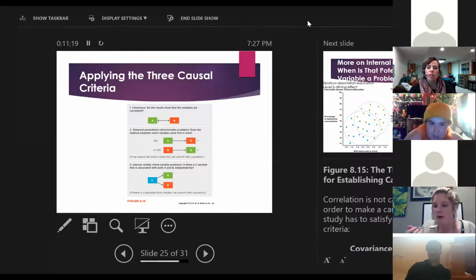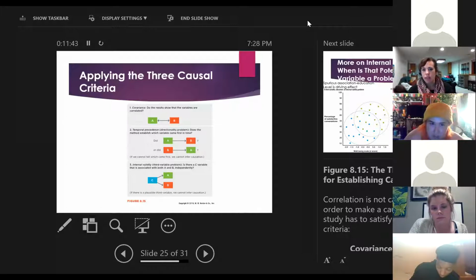So it depends what variables you're looking at, and that will imply the order. And why do we care about temporal precedence? Well, because if my thinking is that the better a student does on the SATs, the better they'll do in college, if that's the premise I'm living with, then that's going to impact who I let into college possibly, right? There's going to be a causal impact to that.